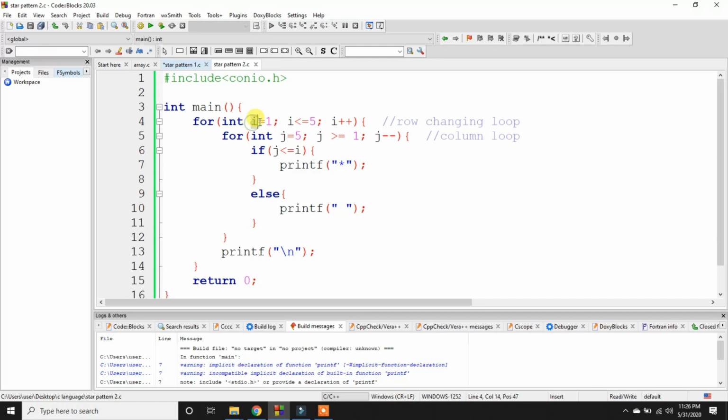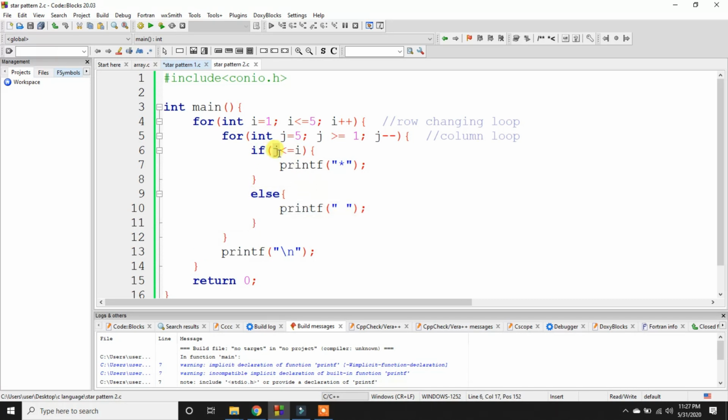After that i becomes 2, and for the i equal to 2 iteration, this second for loop runs 5 times as well. If j is 5 at first and i is 2, this condition is not satisfied, so it will print the space.